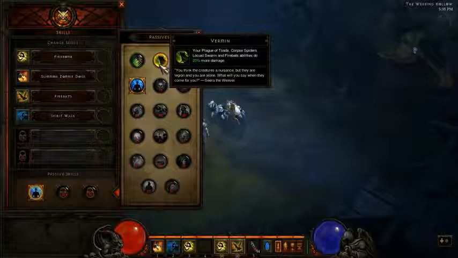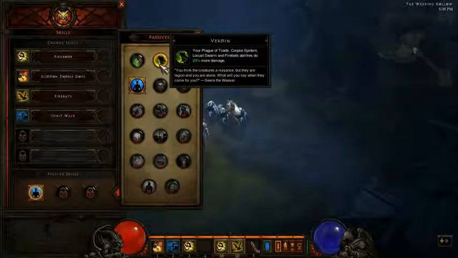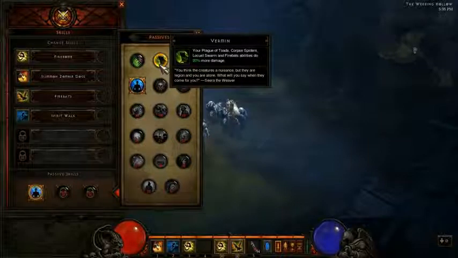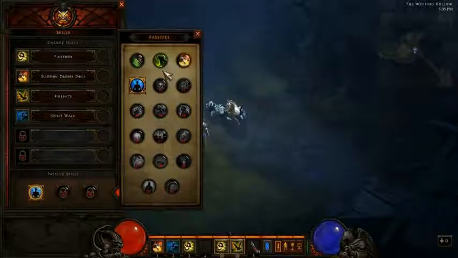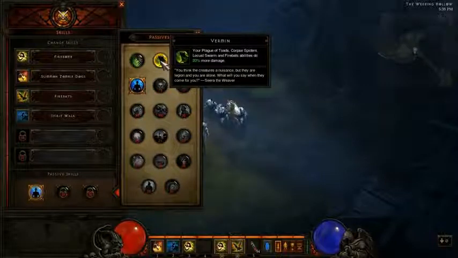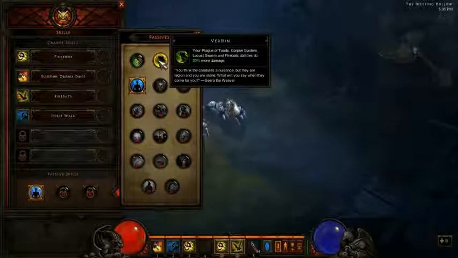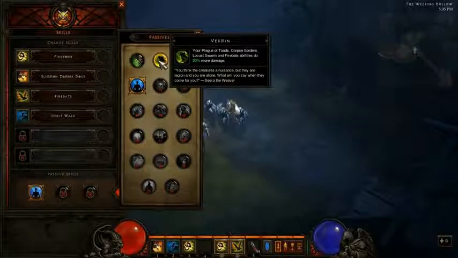Moving on to the second passive, it's called Vermin. Your Plague of Toad, Corpse Spiders, Locust Swarm, and Fire Bats abilities do 20% more damage. You think the creature's a nuisance, but they are legion and you are alone. What will you say when they come for you? Sira the Weaver. So basically all your vermin, your toads, your spiders, your locust swarm, and your fire bats do